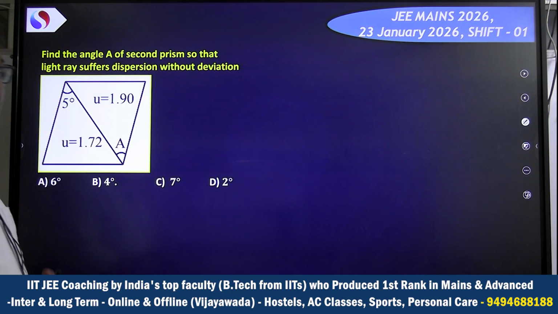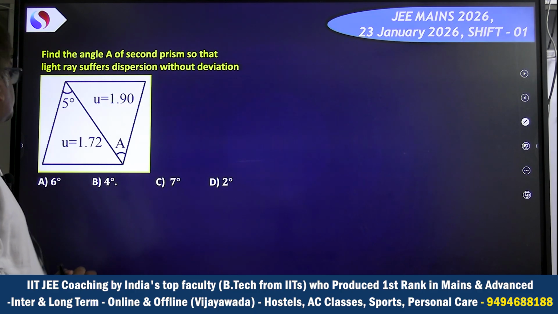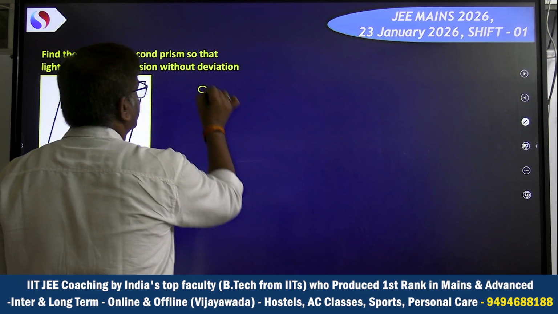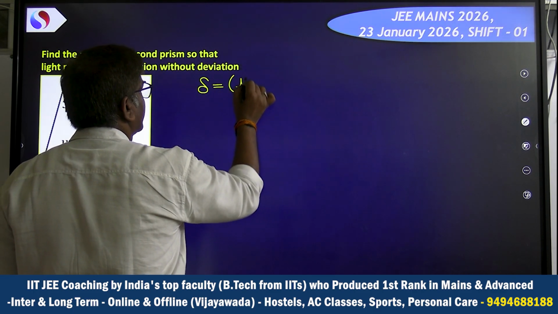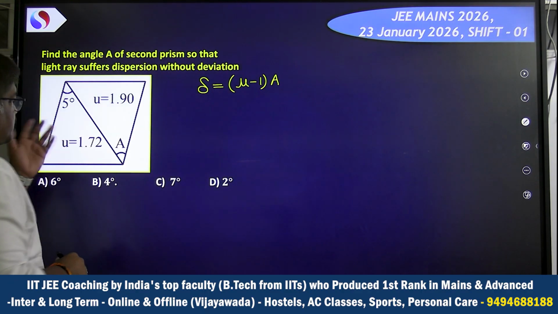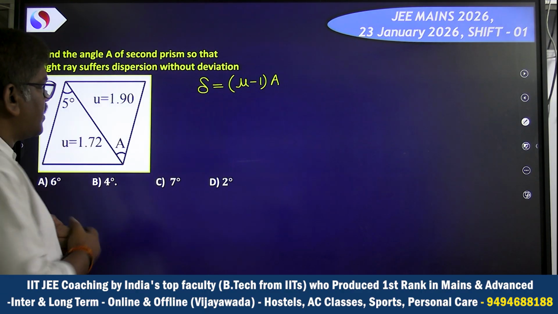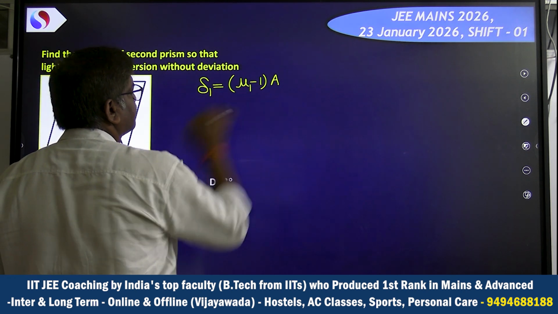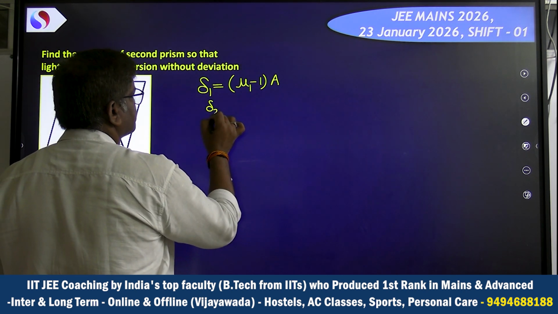Okay, find the angle A for the second prism so that the light suffers dispersion without deviation. So I should know the formula of deviation. The deviation formula will be (mu minus 1) into A. And since you can see this prism will be inverted and combined, if I am talking about the deviation produced by 1 and the deviation produced by 2